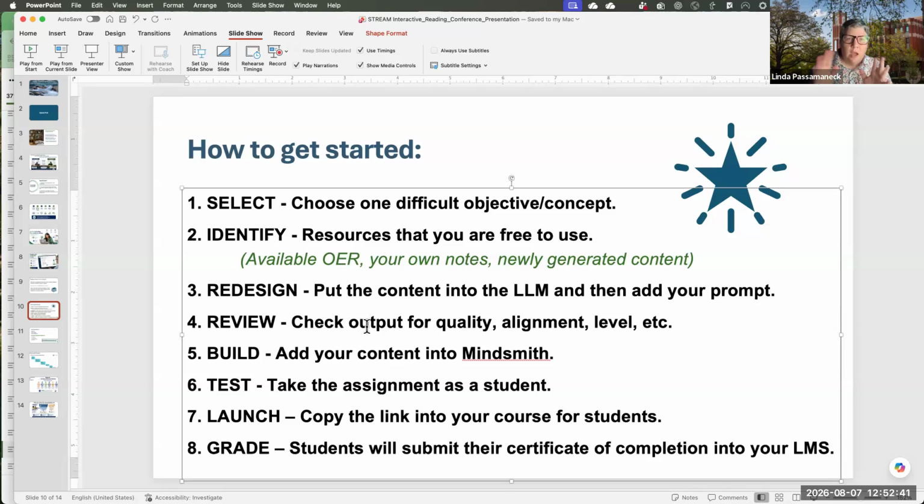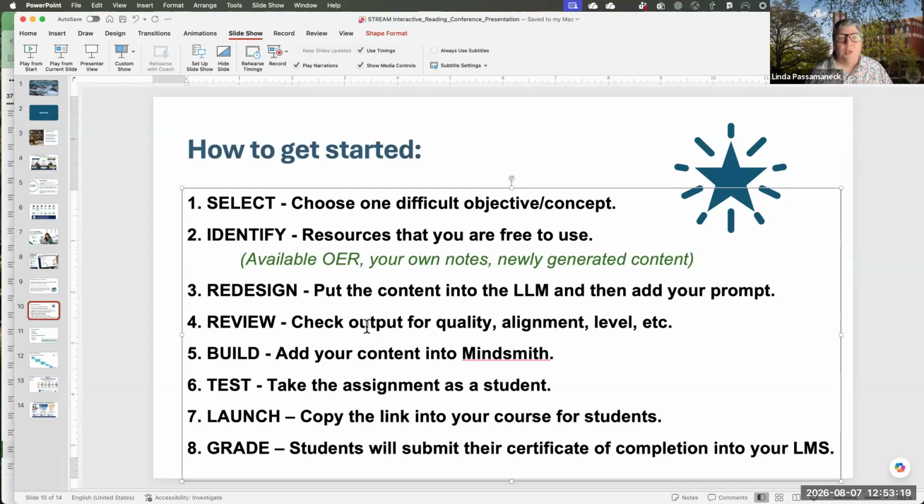And then you load the document. So I basically have ChatGPT create what I call a mode A and a mode B document. Mode A is what I load into Mindsmith, and that's the document that's written for students. Mode A identifies every update that it made. So did it change something, add a resource, and it's all color coded. So I can go through as a human being and quickly see what's changed out of the original OER content or documents that I submitted. And then I can review that and make tweaks if I want before I put it into the Mindsmith system